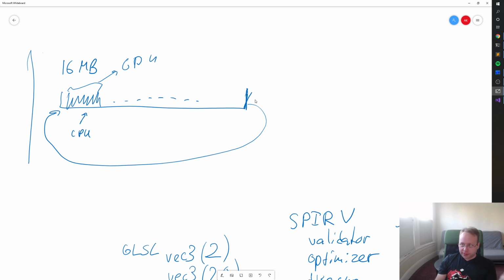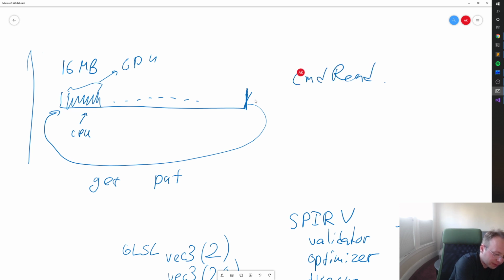The classical synchronization method for this involves using what's called a get pointer and what's called a put pointer. Put pointer is the current write location from the CPU, and put pointer goes to the right. And get location is the read location on the GPU, and this also goes to the right. And so on the GPU, you may do something like this, where you submit commands for reading this somehow. This may be a draw call, this may be a copy, whatever. And then you say, okay, I'm done with this segment. I don't need this anymore. Let me update the get pointer,